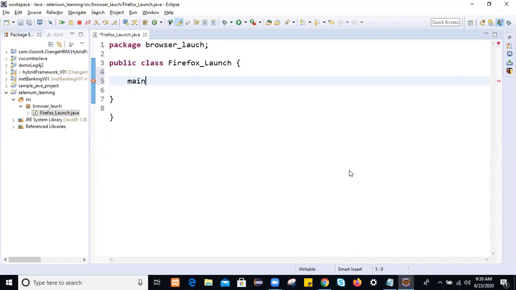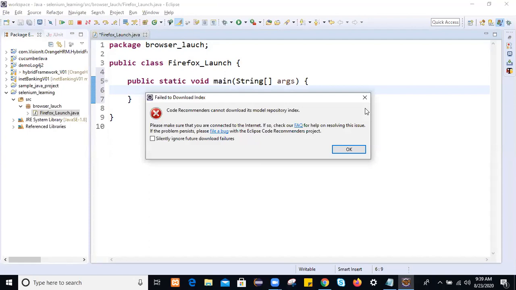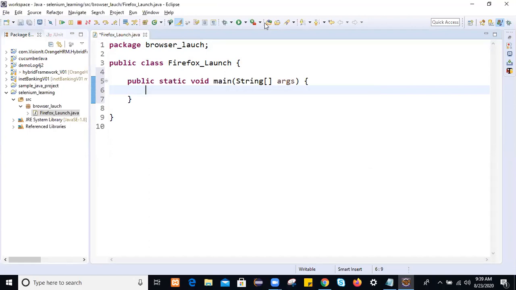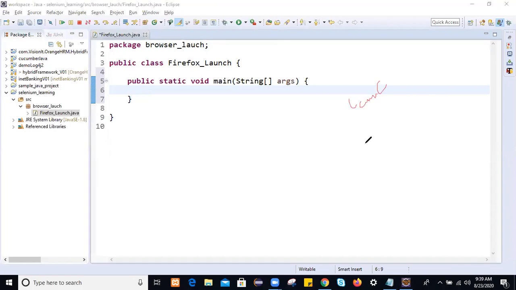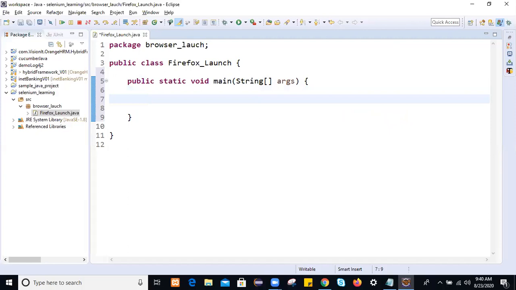Actually in Selenium, to launch any browser, each and every browser has its own unique classes and unique APIs, whether Firefox, IE, or any other browser. The moment you create a Firefox driver object, you will get the Firefox browser launched.